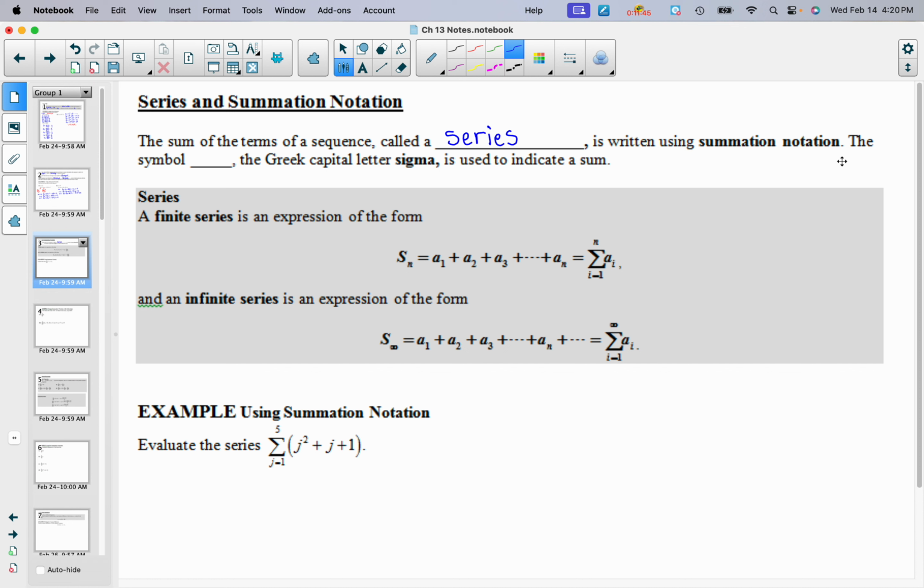A series is written using summation notation. The symbol, the Greek capital letter sigma, looks like that, and it is used to indicate a sum. So a finite series, and finite just means it ends, is an expression of the form,